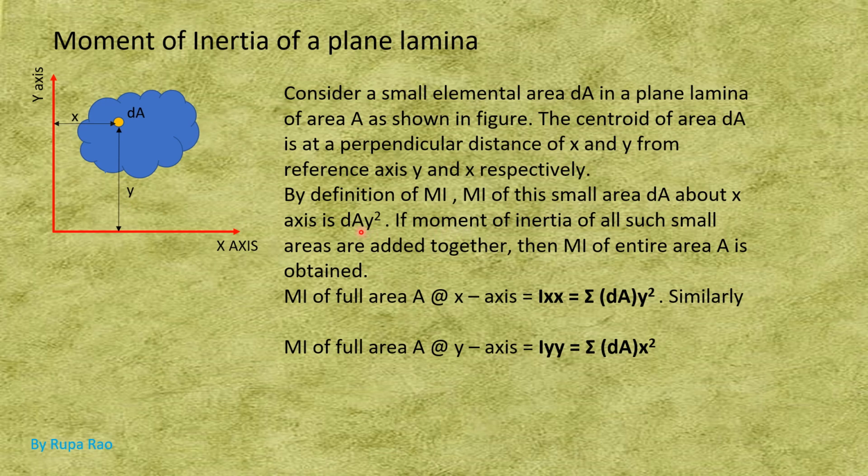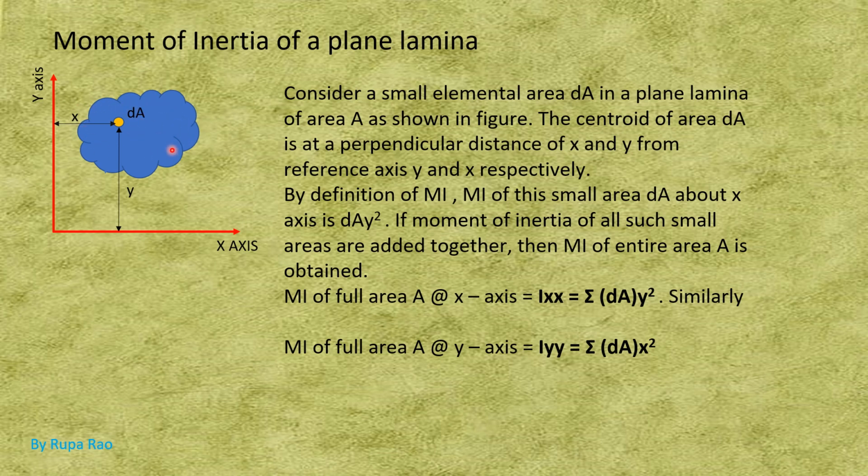So dA, the area, into y square will be the moment of inertia of this elemental area dA about the axis xx. If the moments of inertia of all such small areas are added together, then the MI of the entire area A is obtained. If I divide this full area into small elemental areas dA here, here, here, again at all the places,